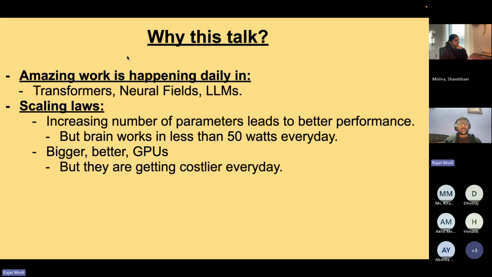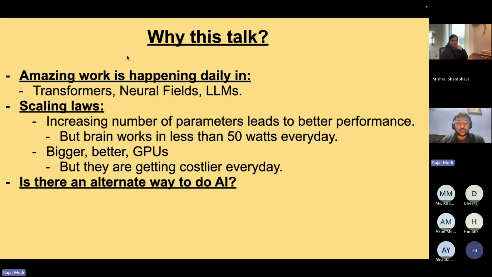But the key problem is that PhD students like me are very poor, and resources are always a constraint for us. We need a way to do AI which is very cheap and able to do as well as what a transformer can do. Generally, when we talk about cheaper models, there is always a trade-off, right? They can't give you good performance because they are very small, and they cannot stand up against the big guys. But in this work, what we are saying is that you can have a very small model which can run on a CPU for less than $1, and you can actually do the things which all these big models are doing.